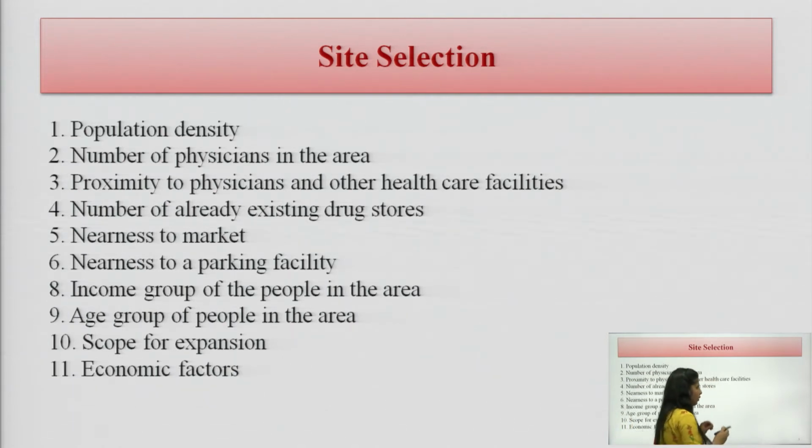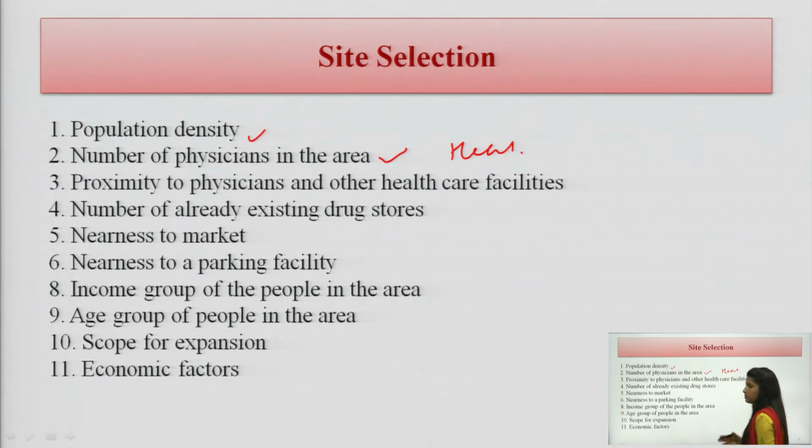In the previous part we discussed what community pharmacy is. Now, if anyone wants to open a retail store or a wholesale drugstore, what are the site selection criteria, where should it be? There are some points we note before opening it. Population density: how many people are living in that area, how many physicians or healthcare facilities, any hospitals, how many clinics are there. If there are more prescriptions, of course, more drugs will sell. The number of already existing drugstores tells how much competition there is.